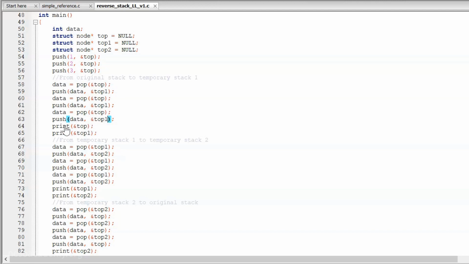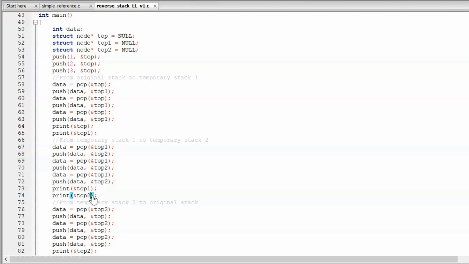After this, I'm calling the print function to print the contents of the original stack and the temporary stack 1. Simple. Finally, I'm transferring all the elements of the temporary stack 1 to temporary stack 2. In the same way, in this case, I have to pass the address of top 1 to pop every time, and to the push function, I have to pass the address of top 2.